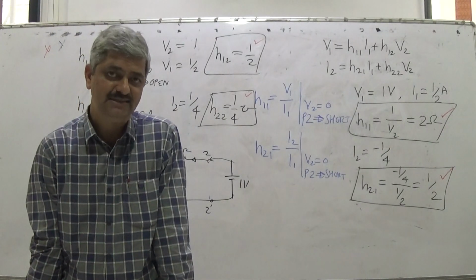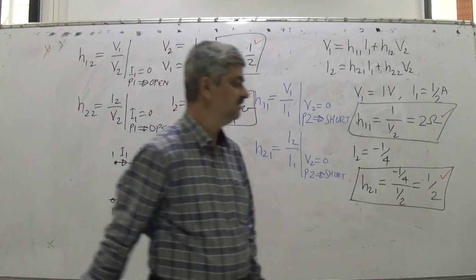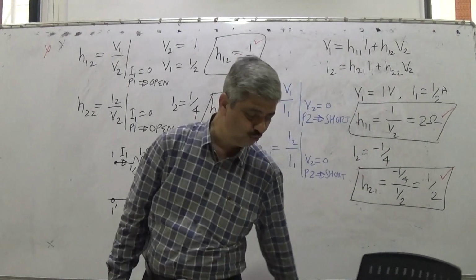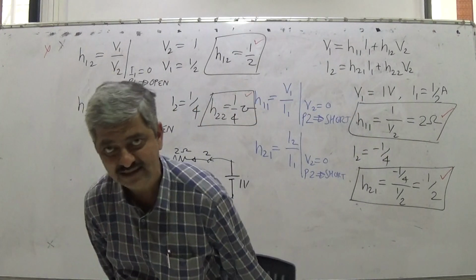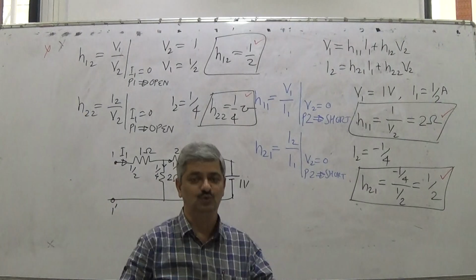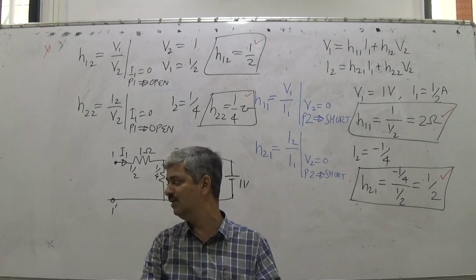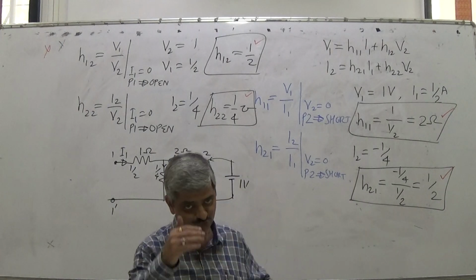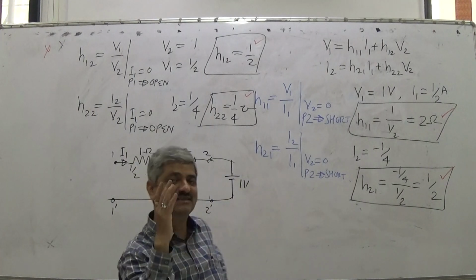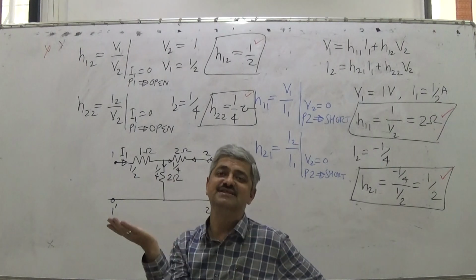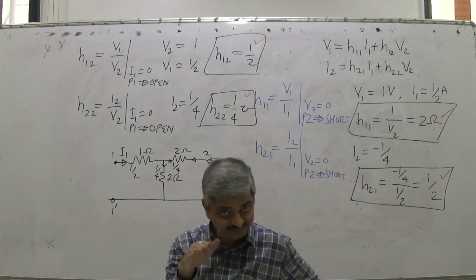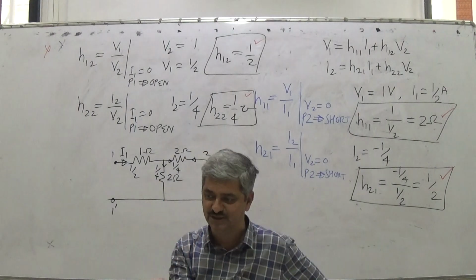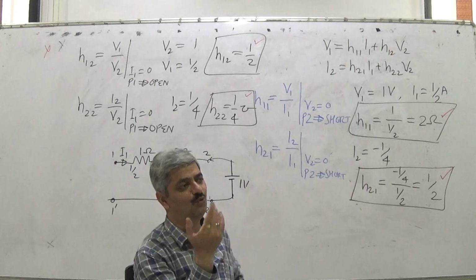two-port network parameters. As I had already stated, what we are required to do is think in such a manner that any two are to be expressed as a linear combination of the remaining two. Any two parameters are to be expressed as a linear combination of the remaining two. So in the first case, we express voltages as a linear combination of currents. In the second case, we express currents as a linear combination of voltages. Now there are two ways.